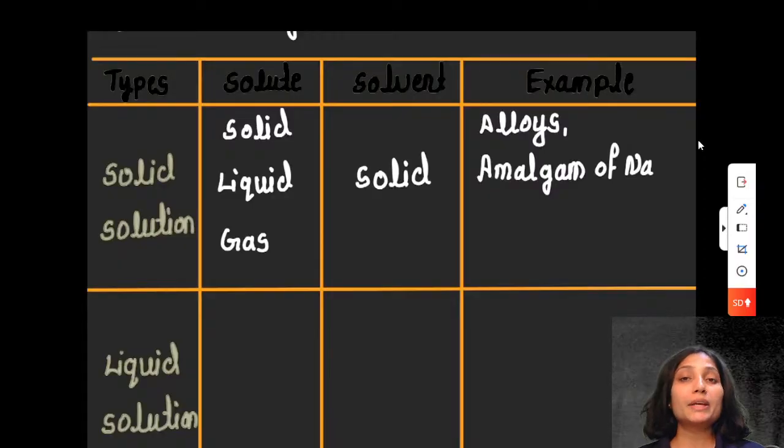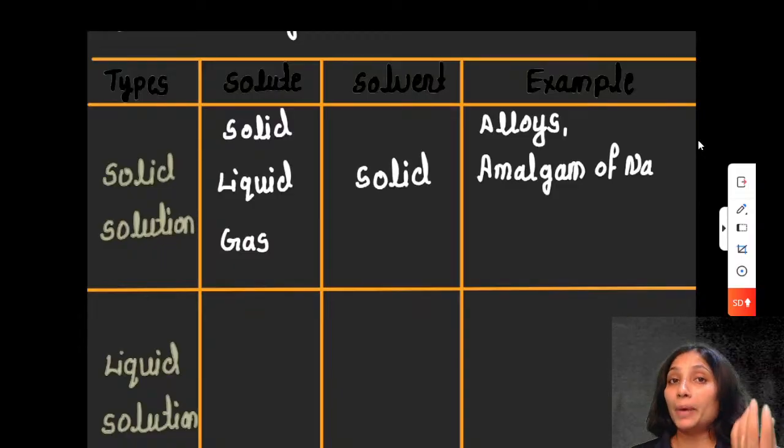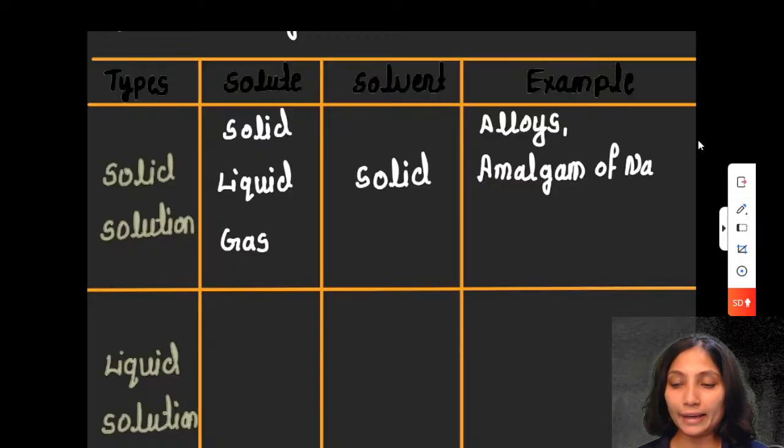Any metals mixed with mercury is called amalgam. Sodium amalgam, potassium amalgam, like that. Sodium is metal. Mercury will be present in which state? Liquid state. So mercury and sodium. Here liquid is dissolved in solid. So this is example for solid solution where solute is liquid. Amalgam of sodium you can take. And last one is